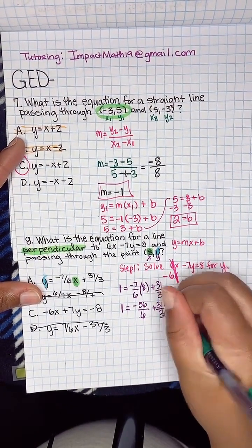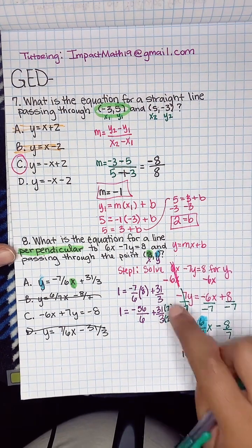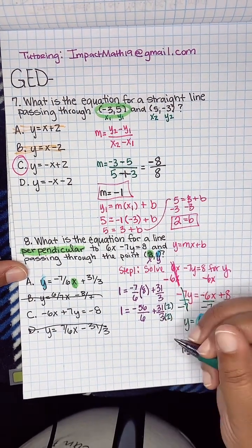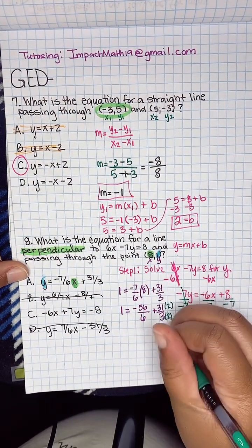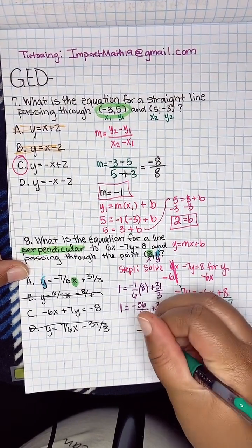Now, again, remember, I'm doing this without a calculator. Remember, only 5 of the problems on the GED is non-calculator, or like 5 or 6. I forgot how many exactly. And then the rest you get a calculator. So you would just plug this bad boy into a calculator. So somebody said it's 62/6. Thank you. So we get 62/6 plus